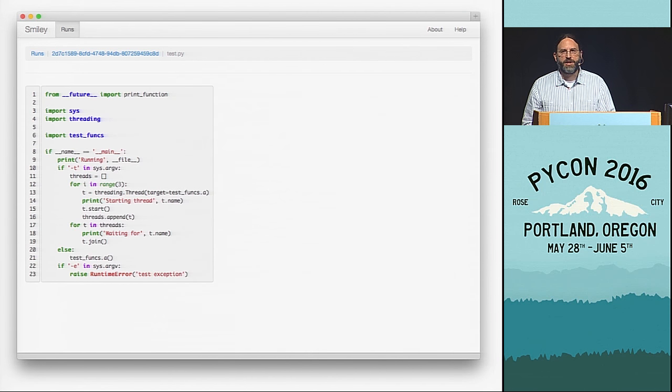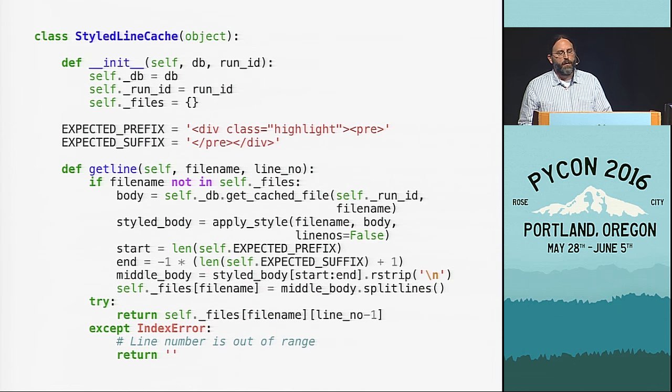It was a little more challenging to add syntax highlighting to the trace view itself, because that's showing one line at a time, and that might not be a completely parsable expression. So Pigments might not understand how to parse the statement. So I wanted to feed the whole file into Pigments and then pull one line of it out at a time.